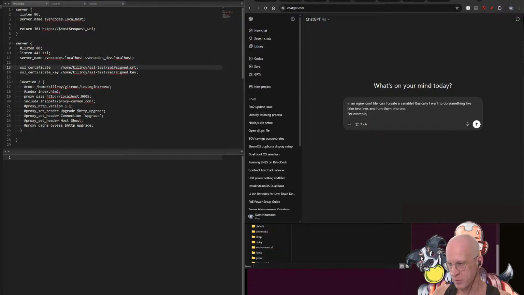For example, go from this. So I'll say SSL certificate slash path slash 2 slash file name dot crt and SSL certificate key slash path 2 slash file name slash key. Oops, that's key, and that's also key. To something like